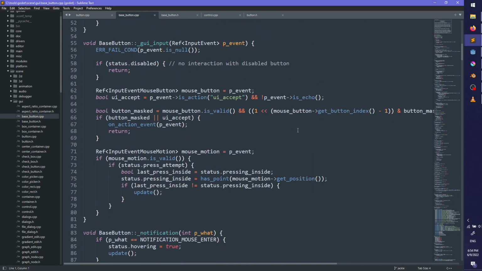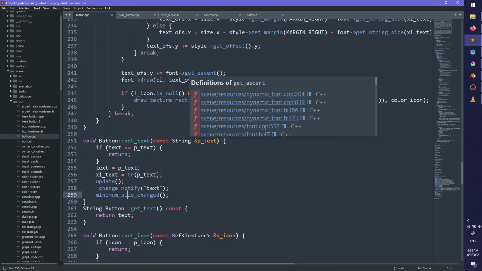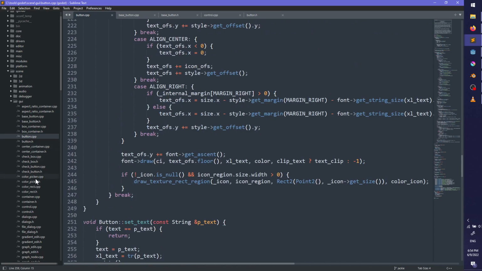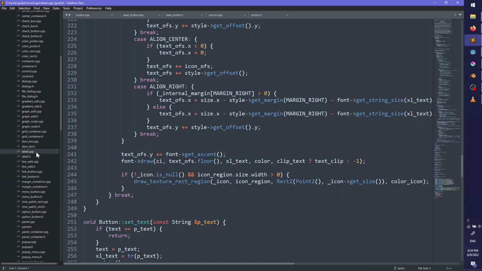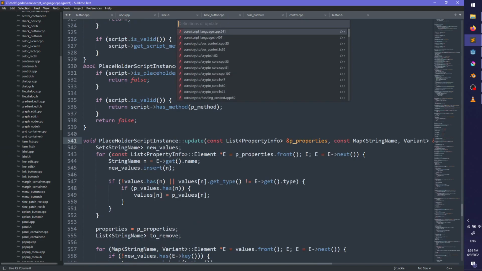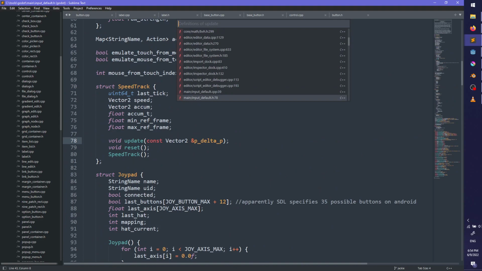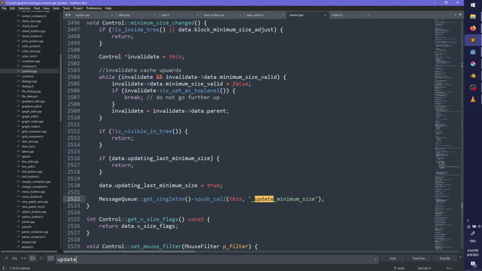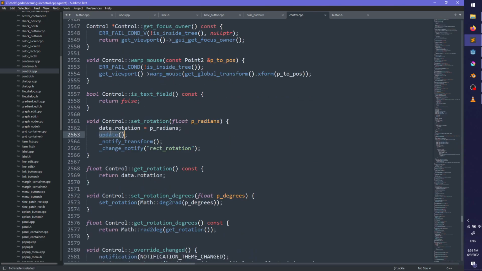Where is the text logic for that? I guess it's an update, but where is update defined?